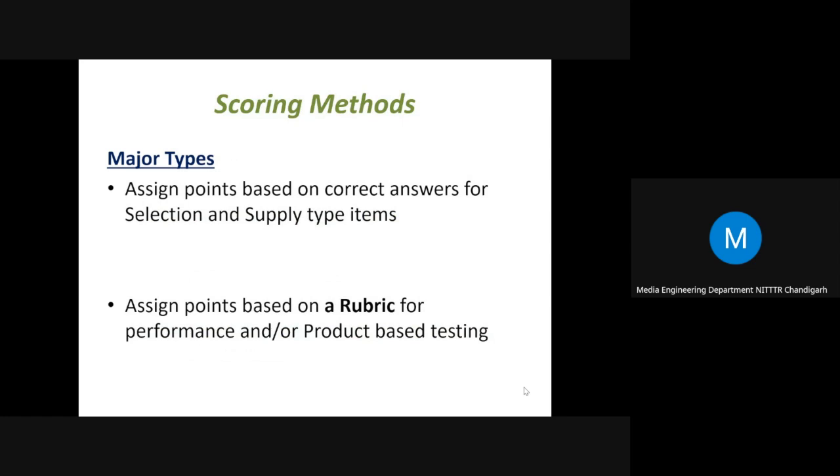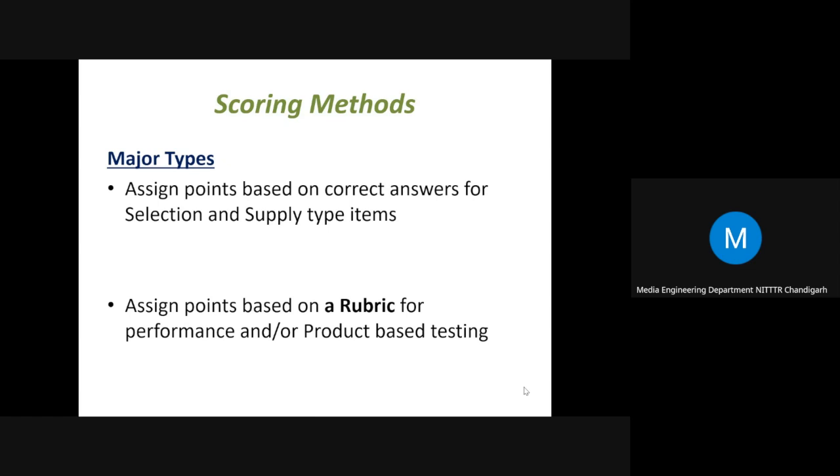Basically, we are required to award scores when students are performing some kind of activities, or going through assessment of the selection and supply type, or we want to do the assessment using product or performance.